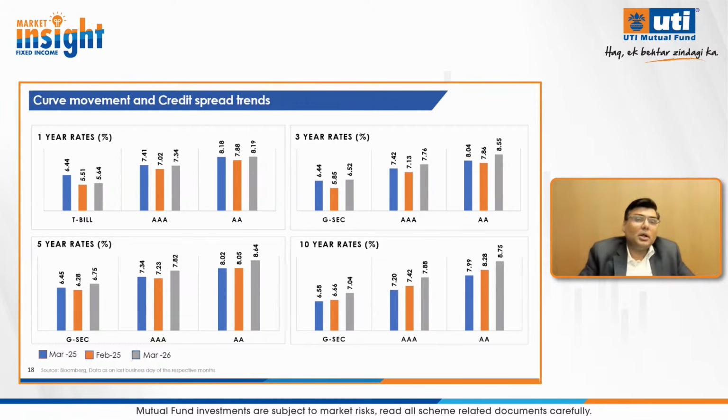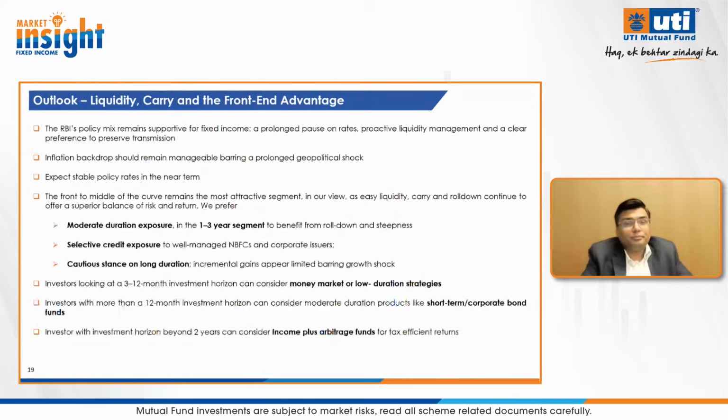We still continue to think that probably RBI will remain in a wait and watch, and unless and until inflation spikes materially above 5%, they're unlikely to alter their policy. Hence, given the gap between these rates and the overnight rate, which is 5.25, the short end looks quite attractive, which brings us to our macro outlook. So broadly, like I said, unless and until inflation really spikes up materially over 5%, we do not expect